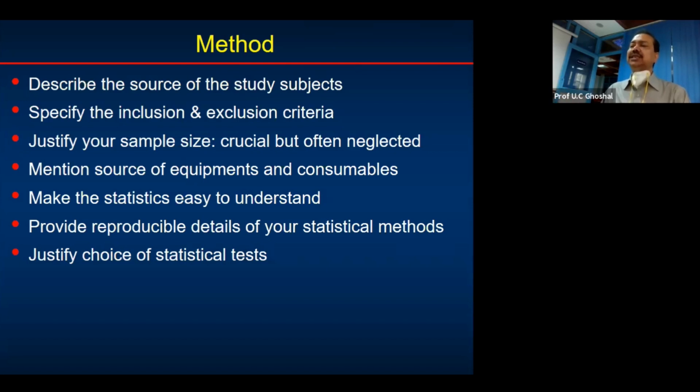Make the statistics easy to understand, so in the statistical analysis section, do not use unnecessary jargon that your reader or peer reviewer cannot understand. And justify the choice of statistical test. For example, if I say normally distributed data were compared using t-test, and non-normally distributed data were compared using a Mann-Whitney U-test, makes sense? That means I'm justifying that I looked for normal distribution, and if the data were normally distributed, which is called parametric data, I use the t-test, and if the data were not normally distributed, I use the